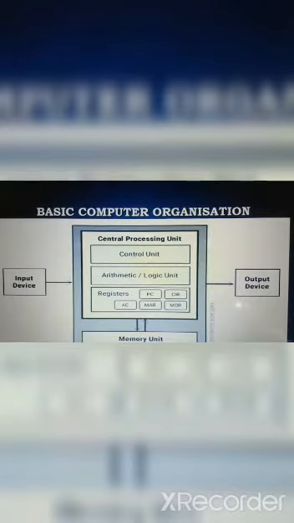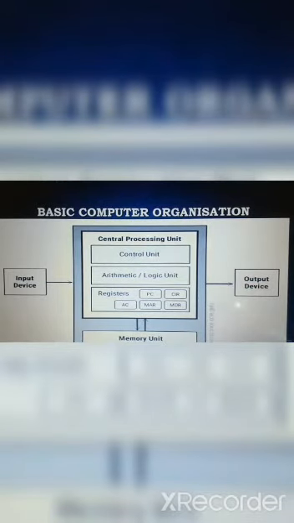Actually, the input device is the device that converts the input from human readable language to the binary language. As we all know, the computer does not understand the human readable language, that is English, so it needs to be converted to the binary language. That particular thing is done with the help of input devices. So the input unit does two particular works. First, it accepts the input, and second, after accepting the input, it converts that input from human readable language to the binary language and passes it on further to the CPU